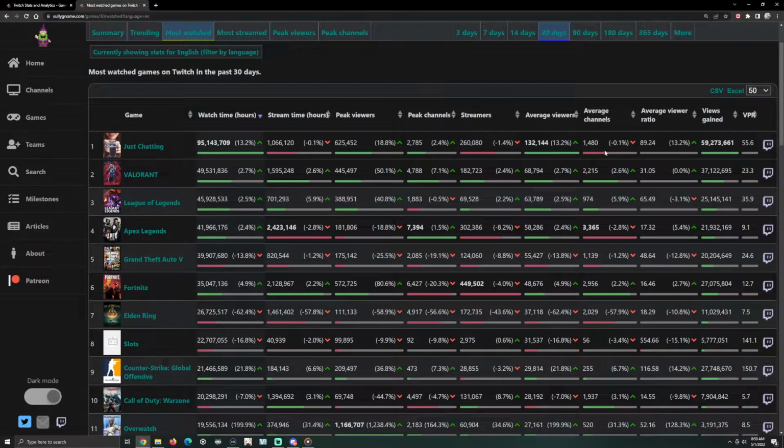As you see here, for average channels, most of these are incredibly high. But, drop down to slots, this is very likely due to 1 or 2 incredibly large streamers that are taking up the category. That's my guess. You could feel free to dive into it more. But there's a lot of streamers that you see on Twitter that'll post the giveaways and stuff that go on slots. And it's similar to just chatting.